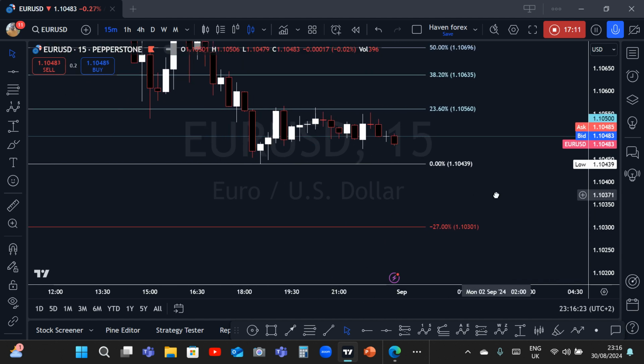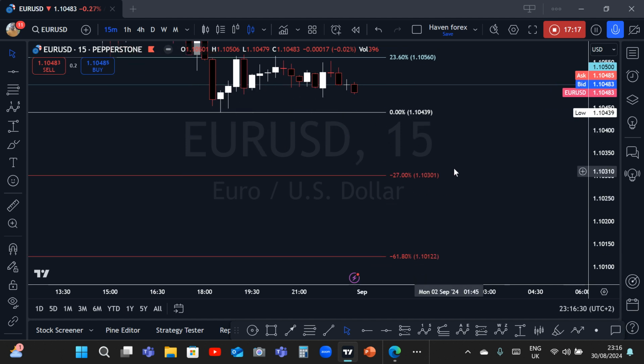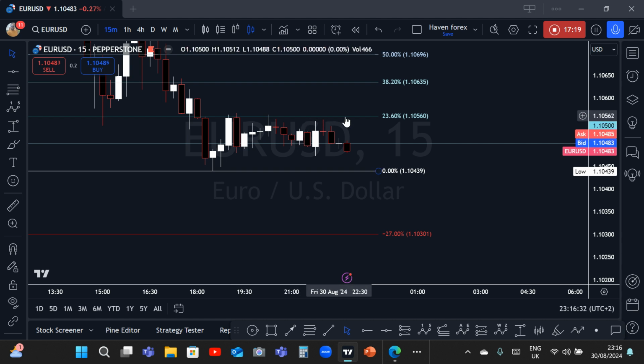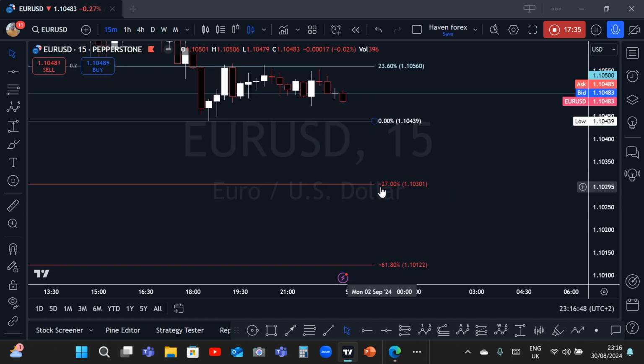All right. You can see it's already below this psychological level and it's coming down. So if I were you, as soon as it breaks this structure, it is coming down to hit this